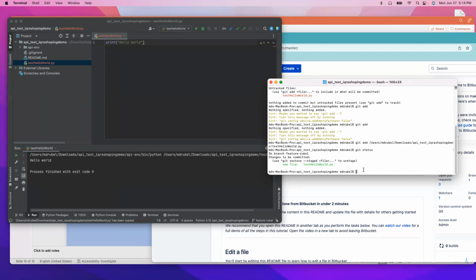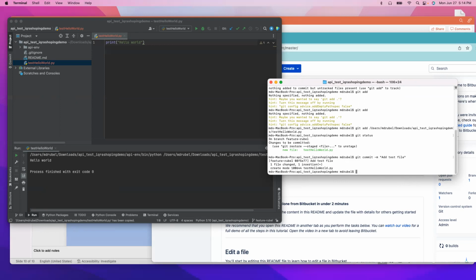So now what do you have to do? The next command is the commit. So git commit -m, and I have to write some comments. So you say like add test file, anything you like, but it should be a meaningful name. Okay, so now enter. So one file changed. Create mode, like this is the change number, but